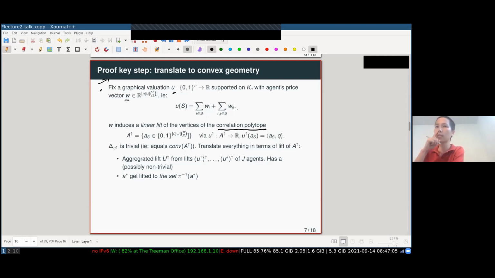This correlation polytope sits in a bigger dimension. The cube sits in dimension n, and the correlation polytope sits in dimension n plus n choose 2. The first n coordinates you imagine are for the items, and the next n choose 2 coordinates are for the edges. The polytope I'm looking at upstairs is not the cube upstairs. It's the polytope obtained as indicator functions of complete subgraphs of n. So for each set S downstairs in n,